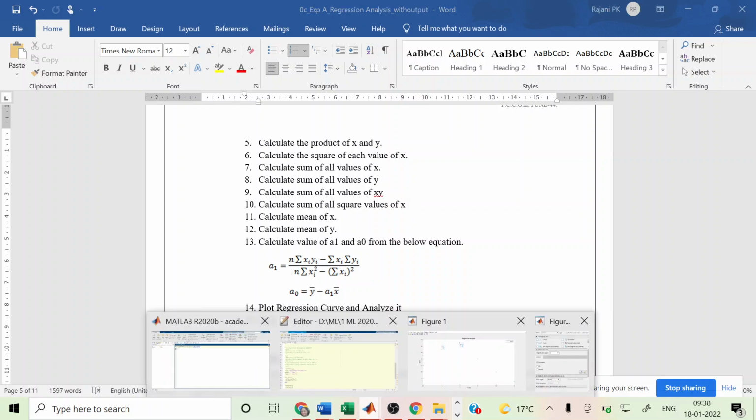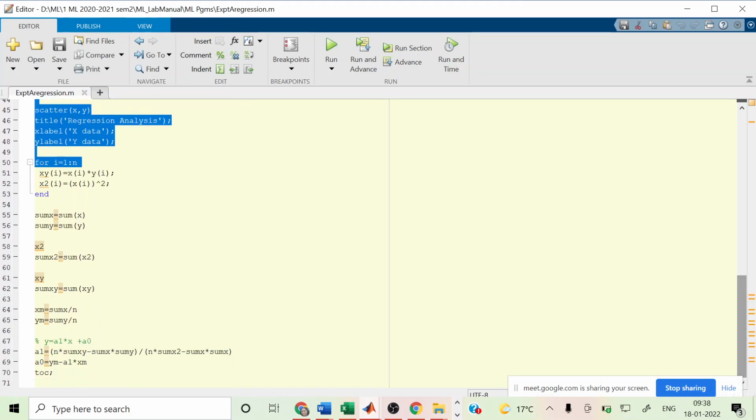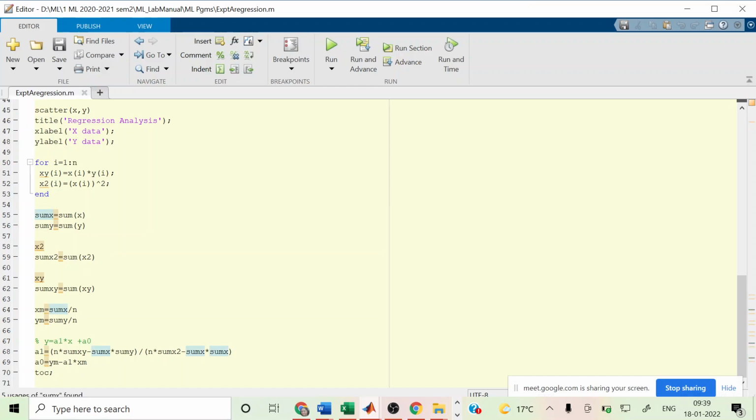So you can see that directly in MATLAB we have the ready-made function, or if you want you can use it in any way. Sum of x is sum of within bracket x. Here I wrote the variable as sumx because we cannot write sum of x. Sum y, then for x square I use sumx2, that is sum of x square, and sum of x into y, summation x into y. So it is doing the same as the calculation. Then afterwards